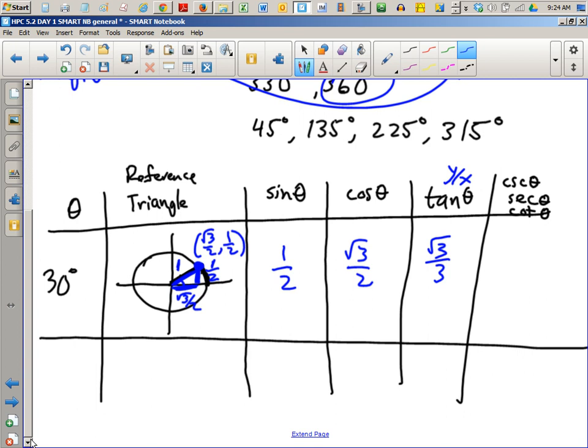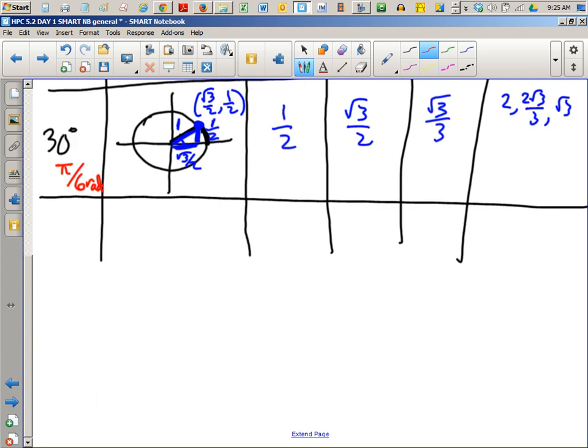These three will just be the reciprocals of those in that order. So 2, 2 rad 3 over 3, and rad 3. These are the three reciprocals in that order. One more thing I'd like to do before we leave the 30-degree angle is to understand that 30 is exactly 1/6 of 180, so it can also be called pi over 6 radians. So we have studied everything there is to know about the 30-degree angle. Let's go on and look at the